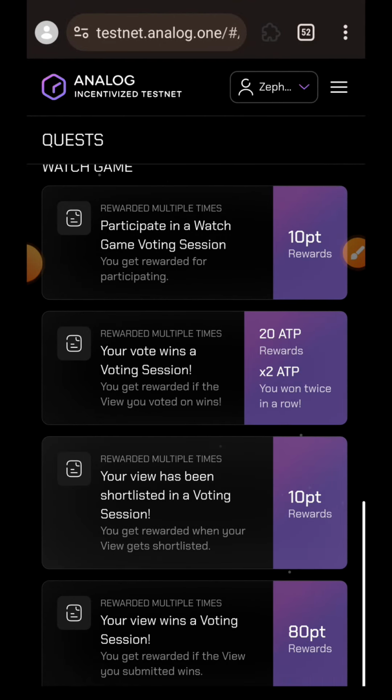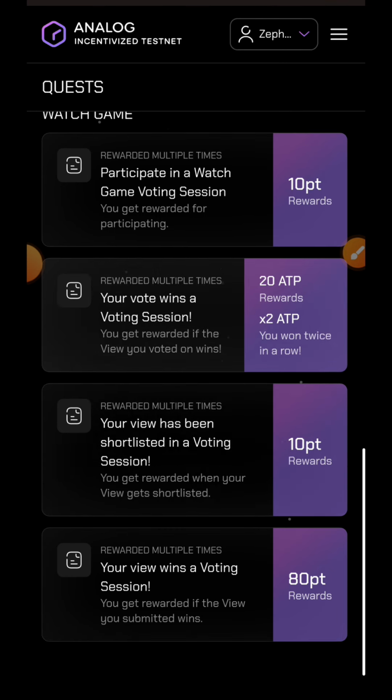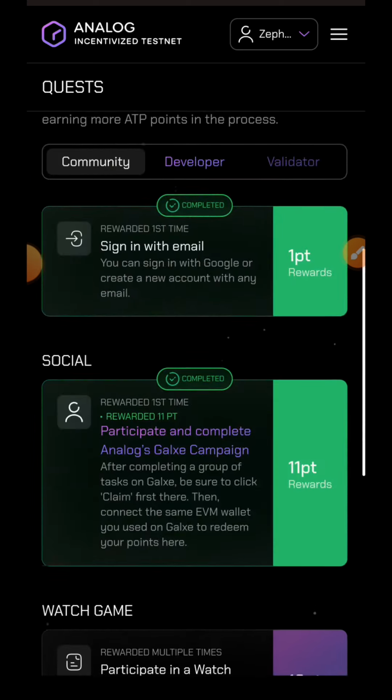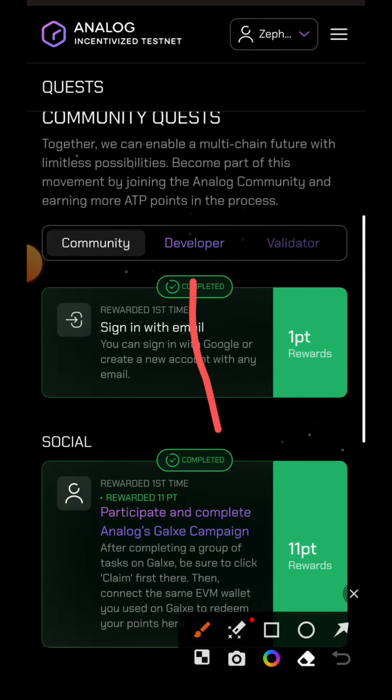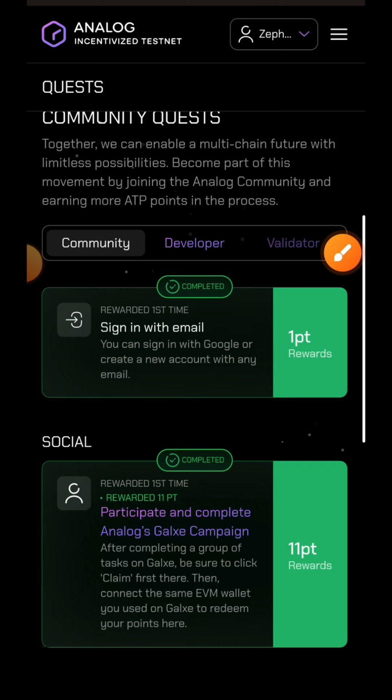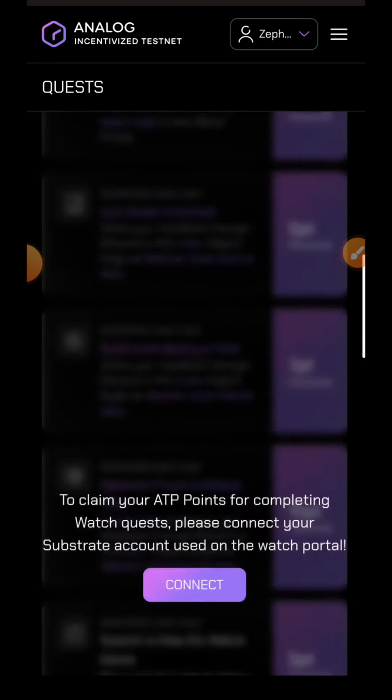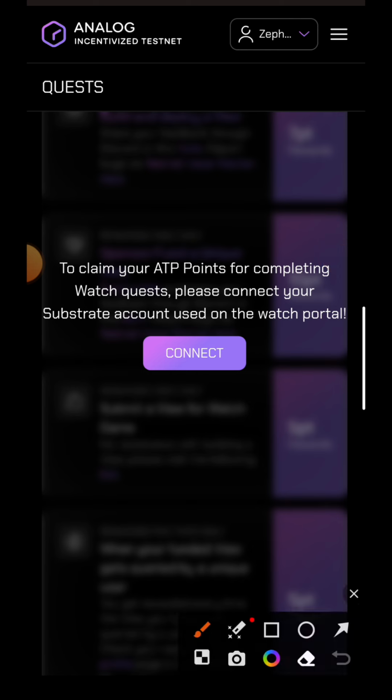So the rest of the task under community has to do with the watch game, which is not available currently. So I'm going to move over to the developer tab. Now before we get started, you need to understand that I am not a developer, so I may not be able to explain all of these processes in full detail. But if you pay attention to what I am doing on the screen,